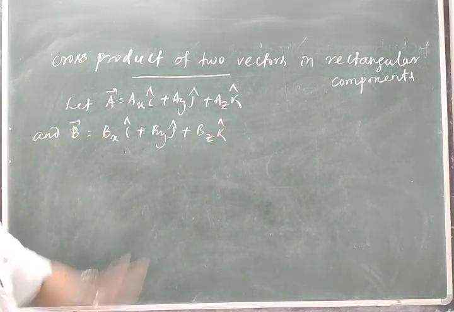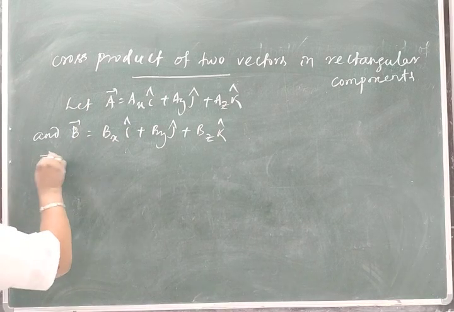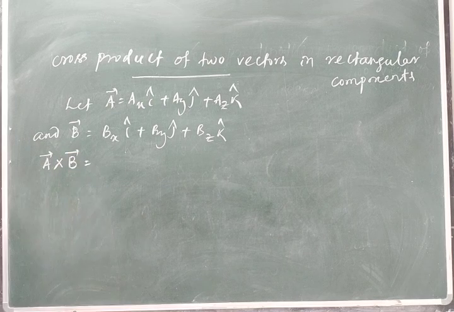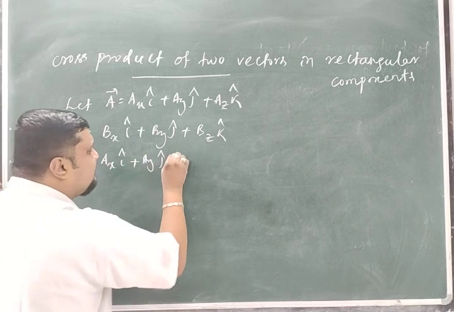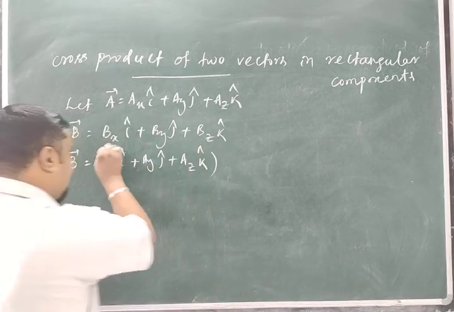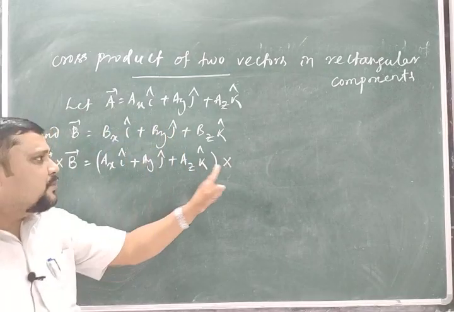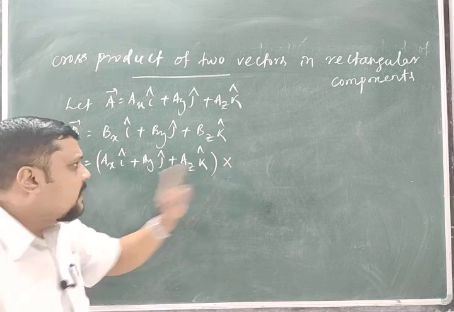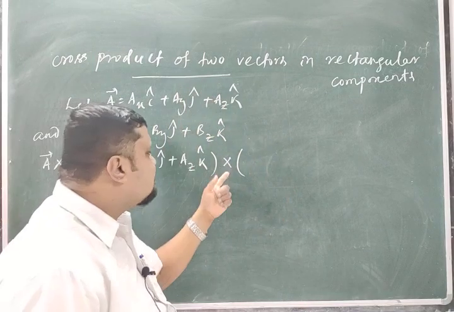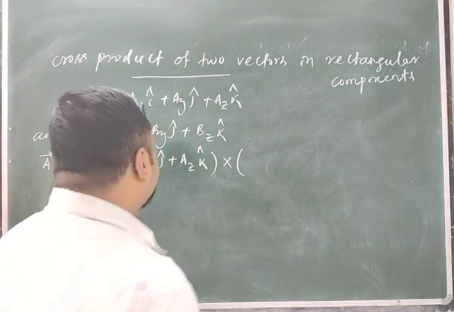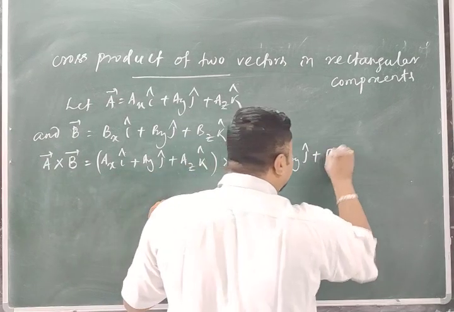So that is the point. I will do it in rectangular component form. So when I do A cross B, let me write ax I cap plus ay j cap plus az k cap. Then this is the vector. Then, very important, you have to put the cross symbol. Otherwise, if you write it without any symbol, it has no meaning. You should put a dot or cross. As we are discussing cross, I am putting the cross symbol because I am doing A cross B. Then write bx I cap plus by j cap plus bz k cap.